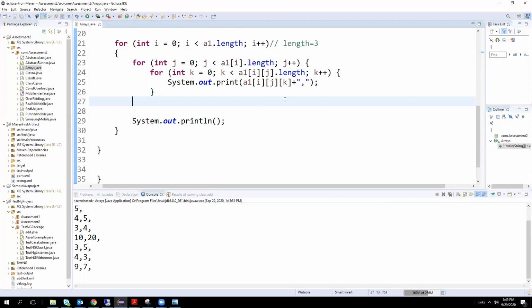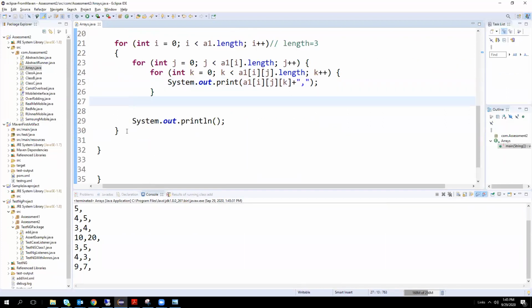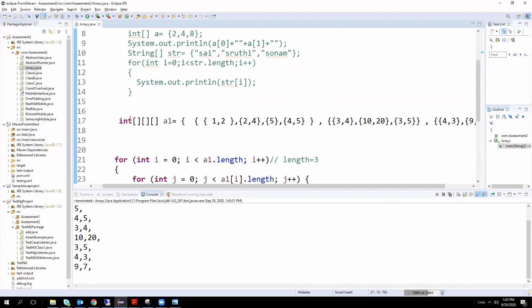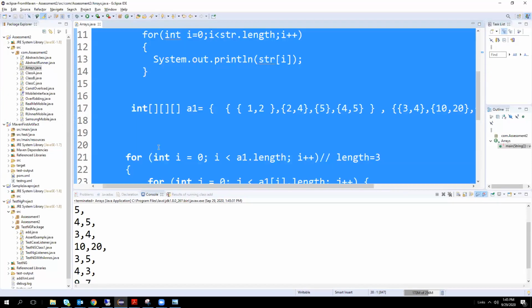Got it. Okay. Thank you. Can you please check this code once again? Can I share this code? Yes, copy paste it in the chat fast. Yeah, it is only 2 minutes. Where is the chat? Down, maybe. Got it.